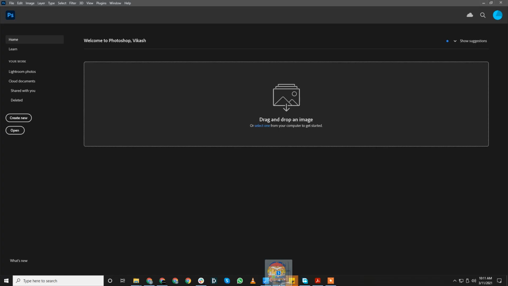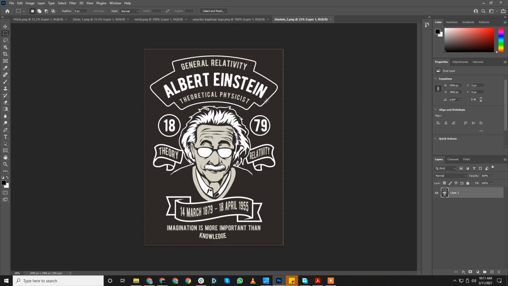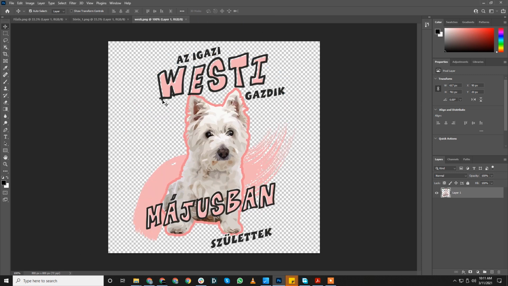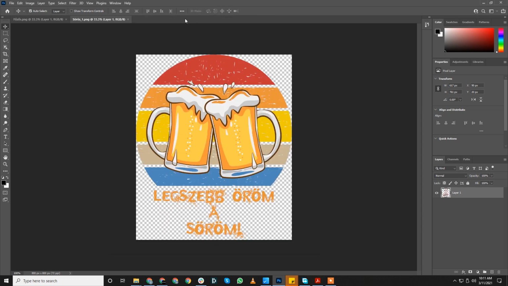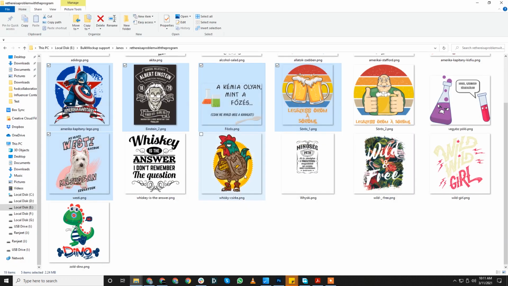Let me just check what the sizes are for these design files. Okay, so as I can see, this one is around 300 ppi. Okay, this one is 72 ppi. All right, this one is 72 ppi. So all the design files are of different resolution, and we will have to use the bulk mockup resize options. Okay, so that is pretty clear.